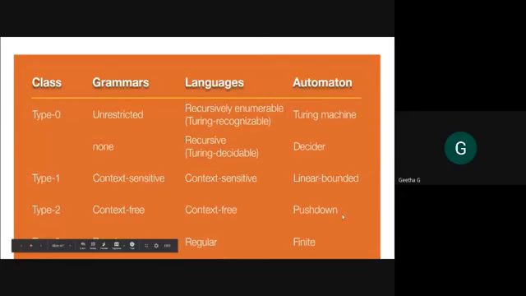Because already you had covered finite machine, but without knowing all those things, right? So type 0, unrestricted. The language generated by it is recursive enumerable. Already I have mentioned recursive languages. So recursive enumerable language, and the automata for this one is the Turing machine. And I am going to make two definitions here.